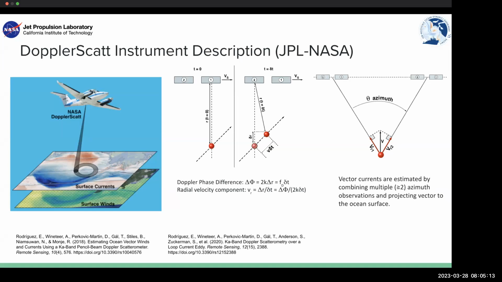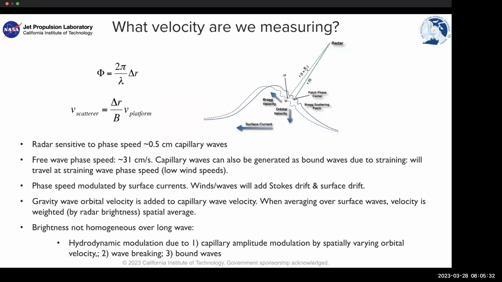So it can measure, in the airborne case, on the order of something like 100 kilometers by 50 kilometers in 3 hours or so. So it has a lot of promise, but it's also not clear what it is that we're measuring, because the